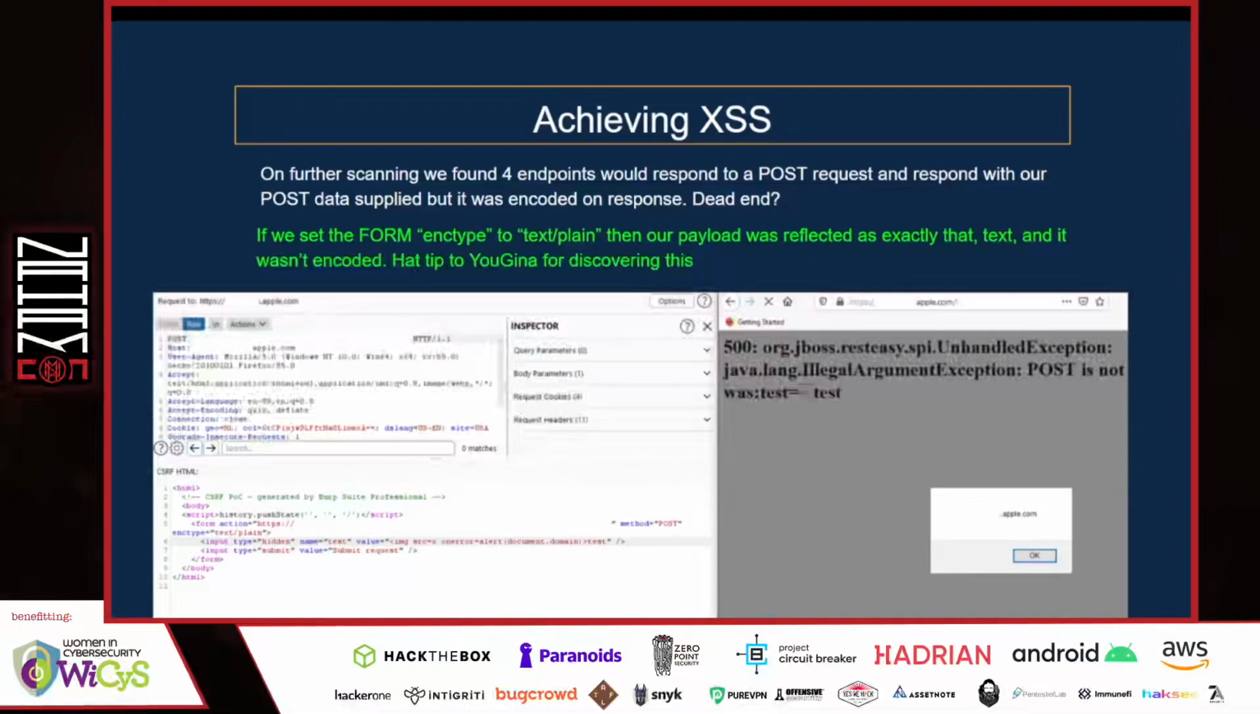Now, the reason for that is, in all honesty, I'm not quite sure what was happening behind the scenes. I guess because we set the encoding type to text plain, whereas if we don't set that, by default it will send it as URL encoded. But if you set it to text plain, it sends the payload literally just as text. So then when it gets reflected, because the content type was text/html, it reflects our HTML tags, and